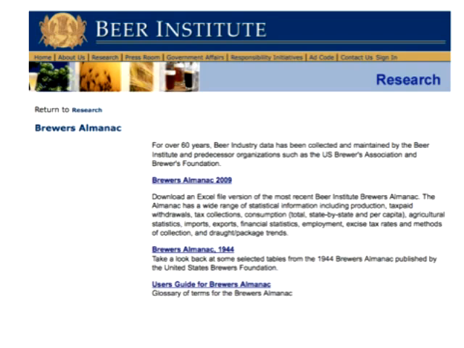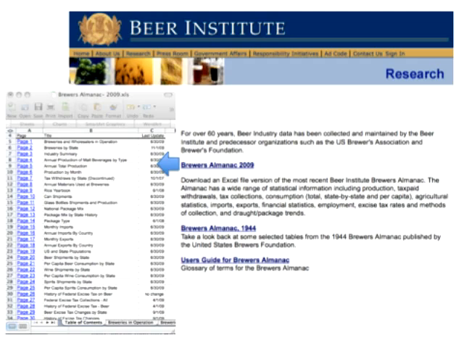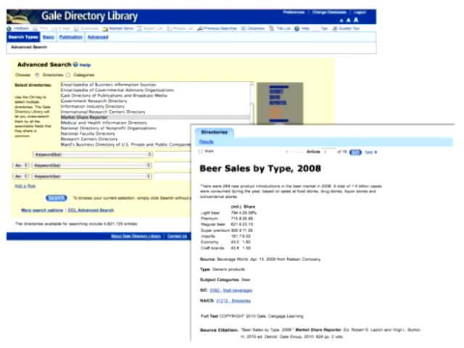Trade associations or research institutes also are good sources of industry statistics or surveys of their members. For instance, the Beer Institute, whose website is pictured here, publishes the Brewer's Almanac in Excel form every year. Although this particular publication may be freely available online, many publications are often restricted to industry members or sold at cost. Libraries and individuals can go out and try to purchase individual publications, and we do in some cases, but